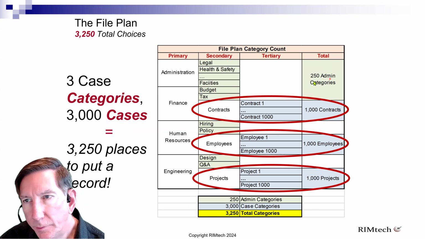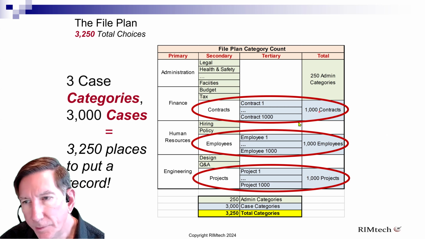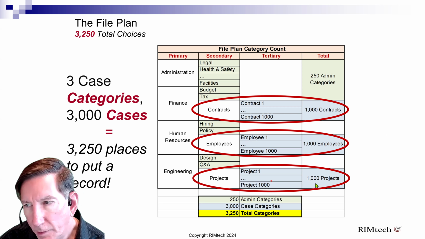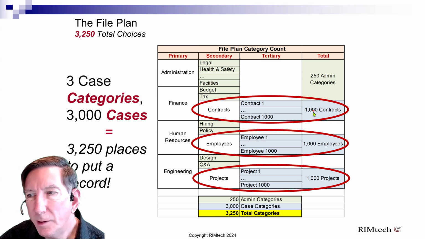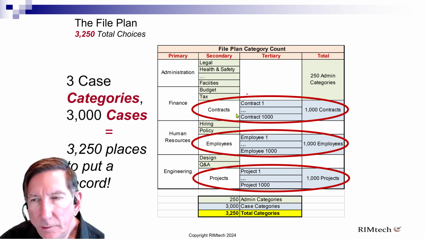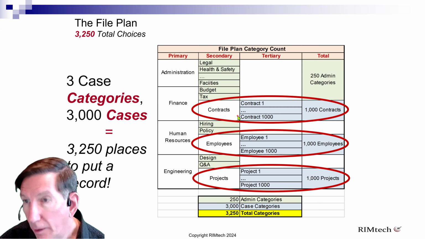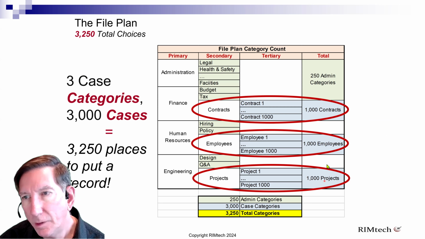250 of them are administrative categories, but 3 of them are not. 3 of them are case categories. That would be contracts, employees, and projects. We have 1,000 contracts, which means 1,000 cases. We have 1,000 employees, 1,000 cases, 1,000 projects, 1,000 more cases. Total 3,000 cases. Each case has an end date. So we need to store, record, and track, and the record software has to apply 3,000 end dates to 3,000